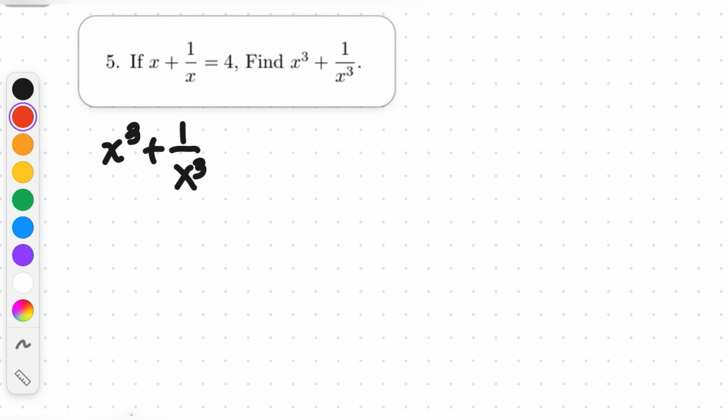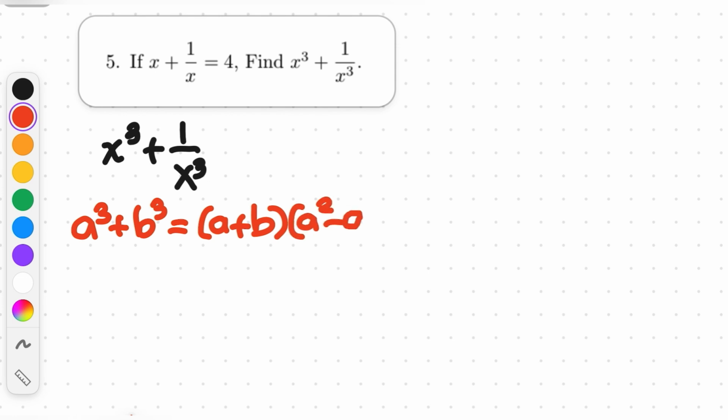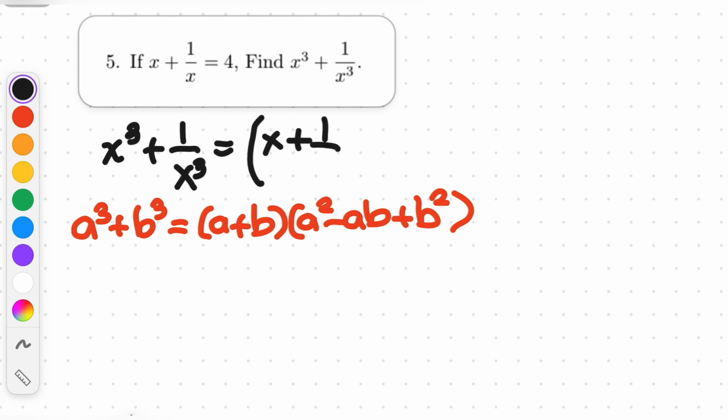So recalling our special products, the sum of two cubes, a cubed plus b cubed, is given by a plus b times a squared minus ab plus b squared. Right, so using that pattern on the expression we're trying to solve, we get x plus 1 over x